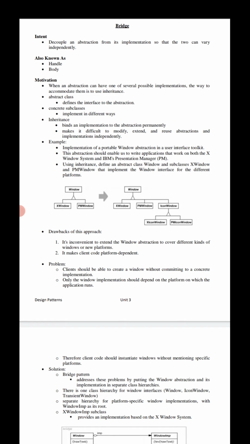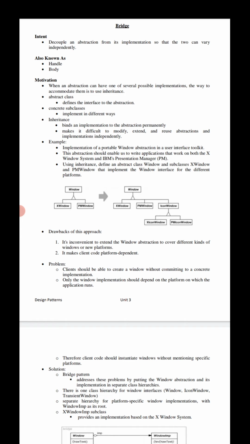Coming to the motivation, what is the main motto of the bridge design pattern? We have several possible implementations. When an abstraction is needed, we can have one of several possible implementations. For example, when a fan is running, you don't know how it works behind the scenes.